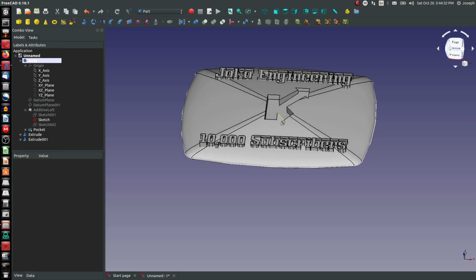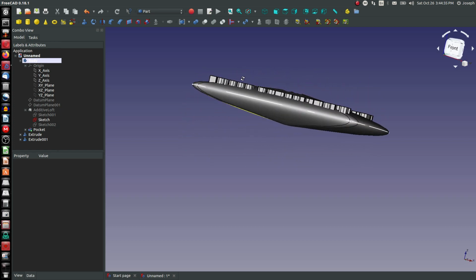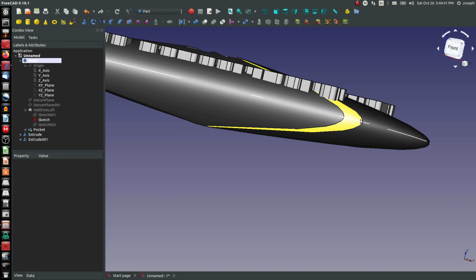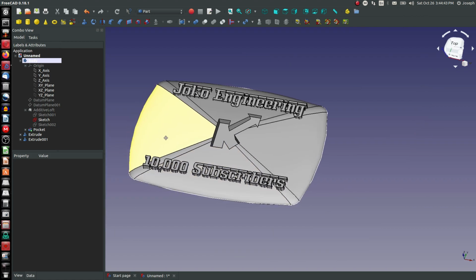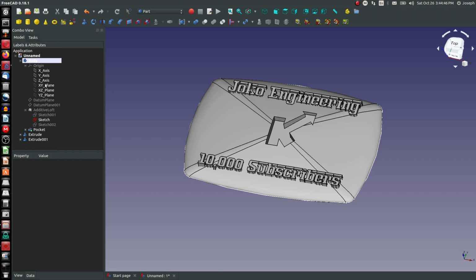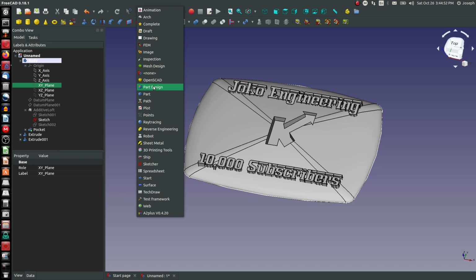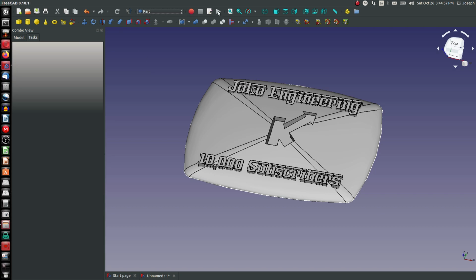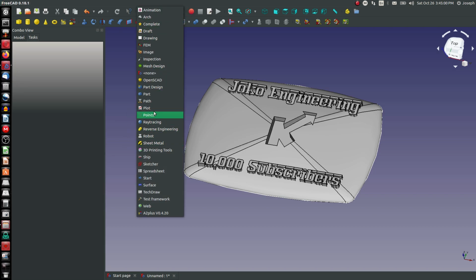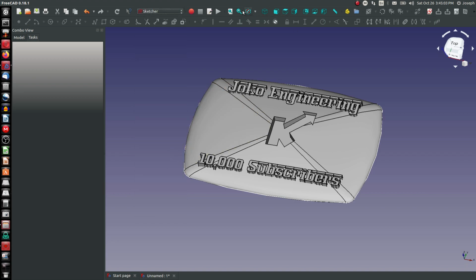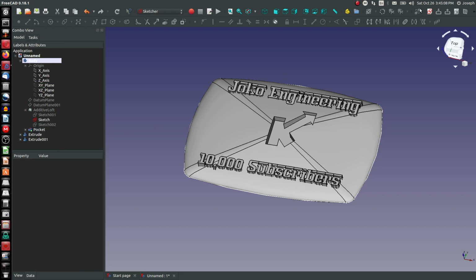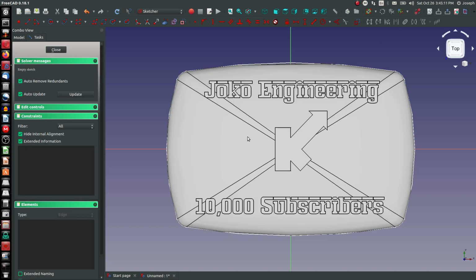Last thing I'd probably want to do is create a flat surface. And my strategy for creating a flat surface is, instead of worrying about getting this loft to be normal at the center plane, all I really have to do is sketch again on my XY plane. In fact, I could probably just do this on the part workbench, but I have to start, of course, in the sketcher when I go to the part workbench. We'll create a sketch, but unhighlight XY plane,